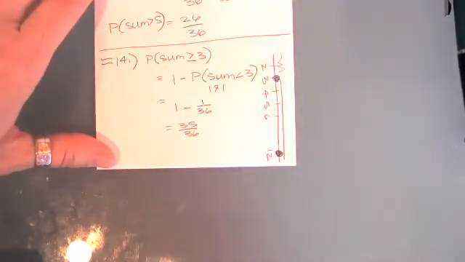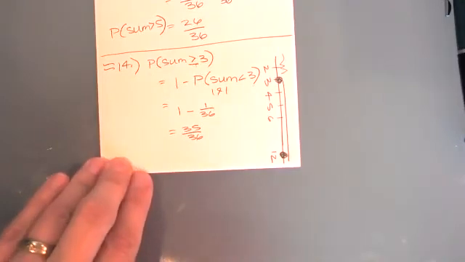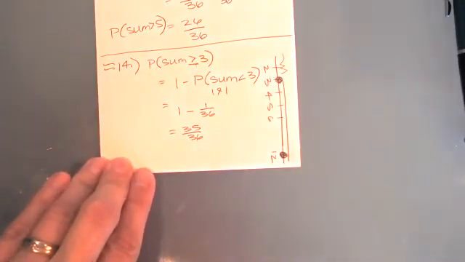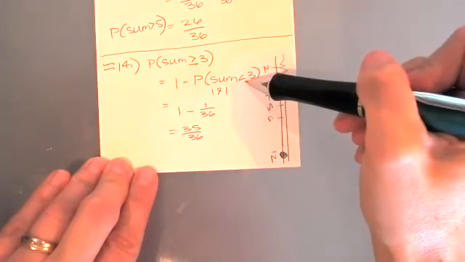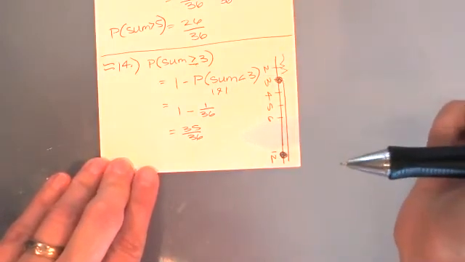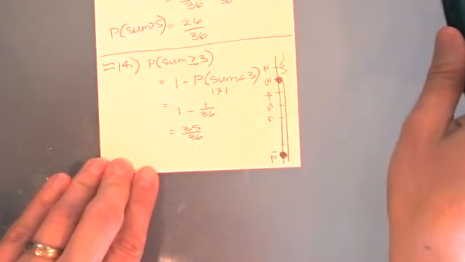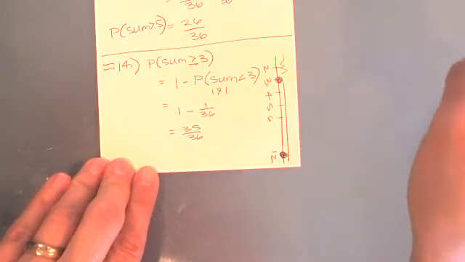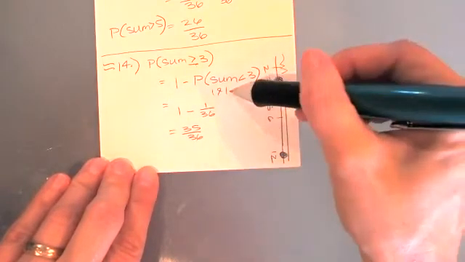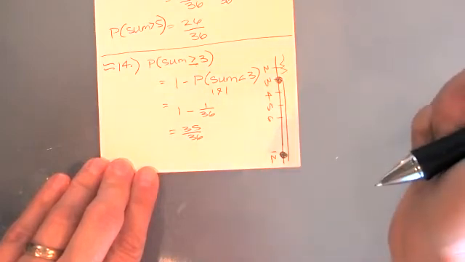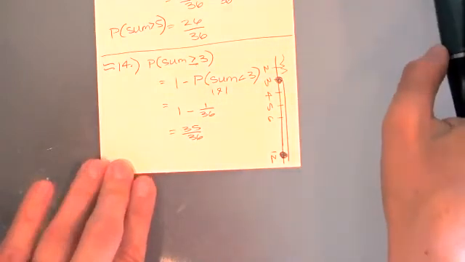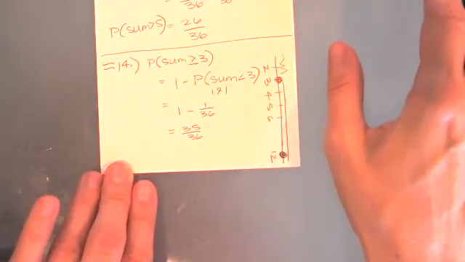If you just said the event is sum is greater than 3, then you'd have to do sum is less than or equal to 3. And then it'd be 2 and 1, and then 1 and 2, right? Exactly. Then there'd be 3 options there: 1 and 1, 1 and 2, 2 and 1. Okay. Good. So do we feel more comfortable with that? Yeah. Great. Okay. So are we ready for notes? Yes.